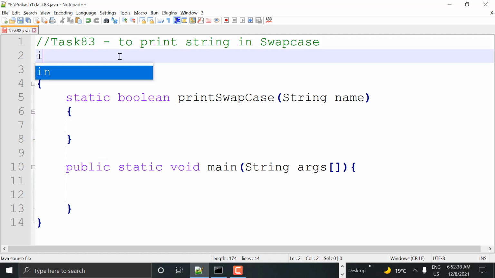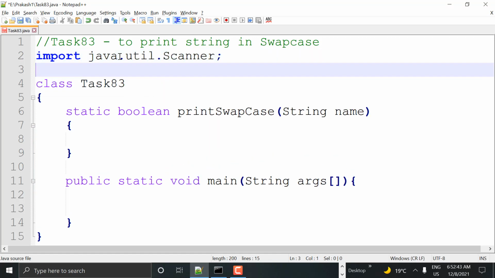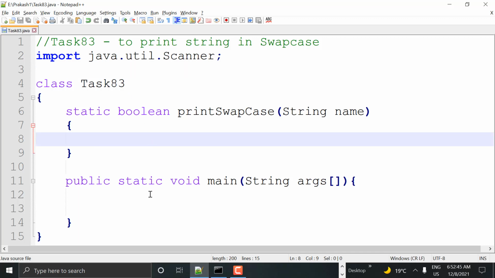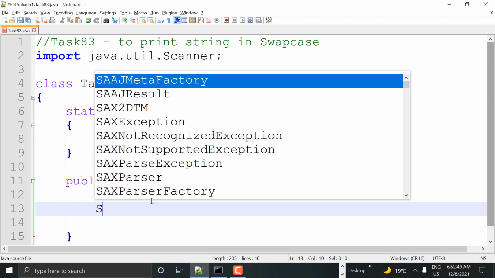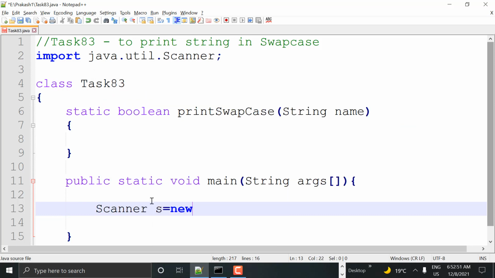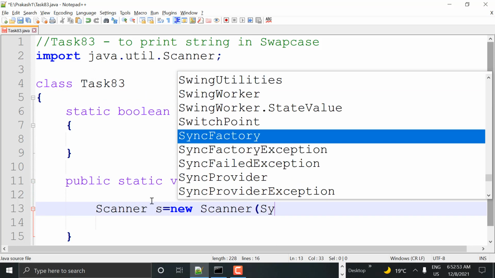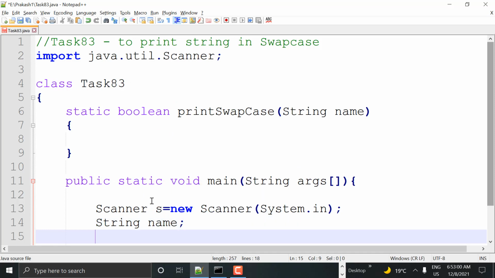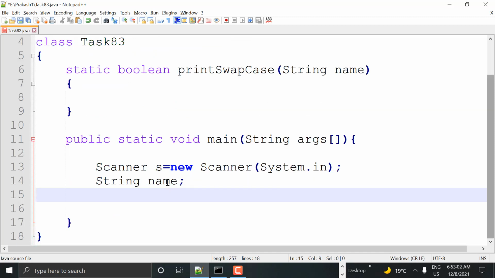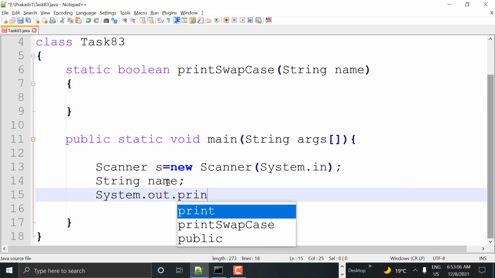Since I want to read at runtime, I'm using java.util.Scanner in order to read a string value at runtime. So let's create a Scanner class object, guys. Scanner s is equal to new Scanner(System.in), and for the string I'm taking a variable called name. After this declaration we ask the user to enter a string.